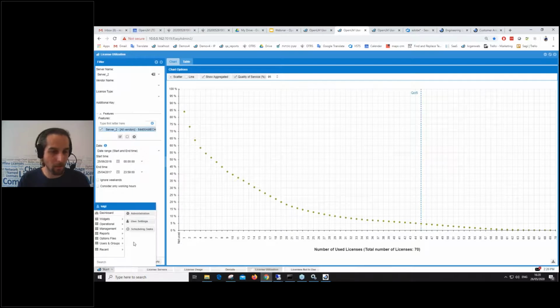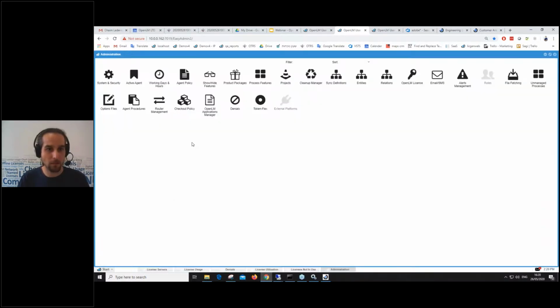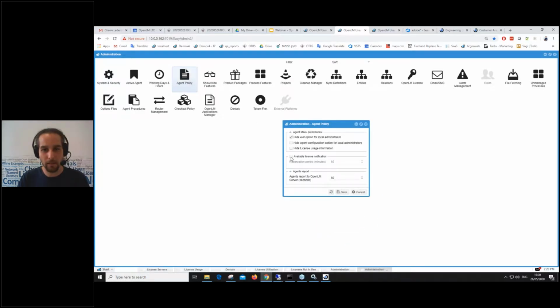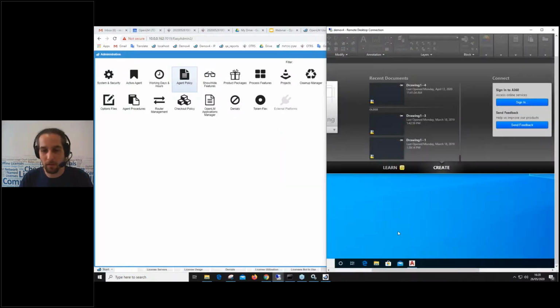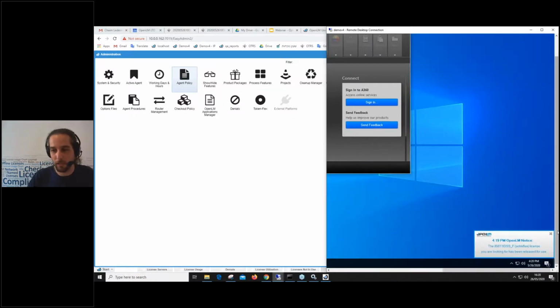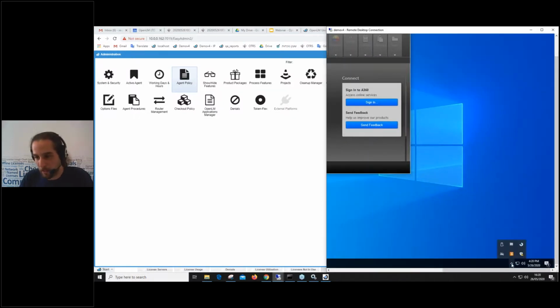So the admin can go to Start, Administration, go to Agent Policy, and Available License Notification right here. If this is checked, your users, if they have the OpenLM agent installed, will be able to get that notification. Now again, this is free of charge. If you have OpenLM, even the most basic OpenLM there is, provided it's an on-premise solution, not cloud,